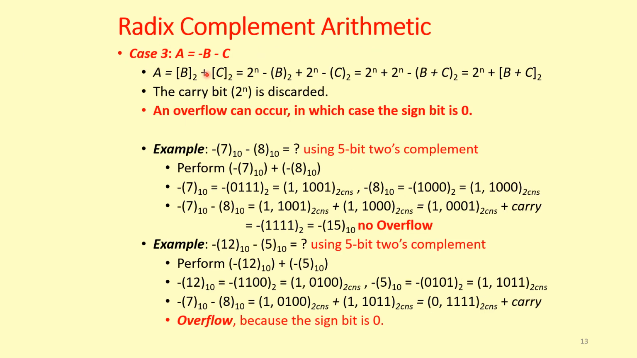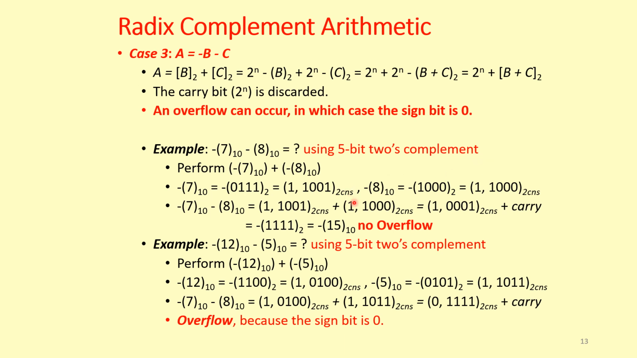Now case 3 is A equal to -B minus C, and in this also overflow can occur if it is outside the range of numbers it can represent. You know that the maximum negative number is -2 to the power n. That is the range. And in this case, overflow can occur if the sign bit is 0, right? You are adding two negative numbers, the result should be negative. But if you get 0, then you know that overflow has occurred. So like this, -7, -8,